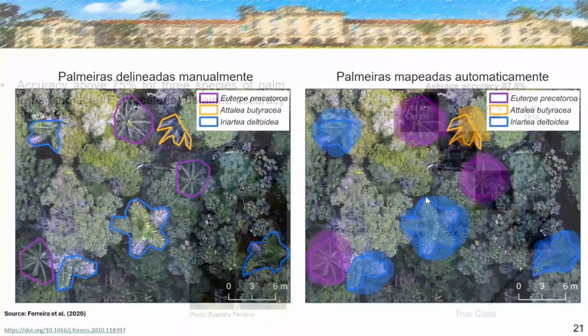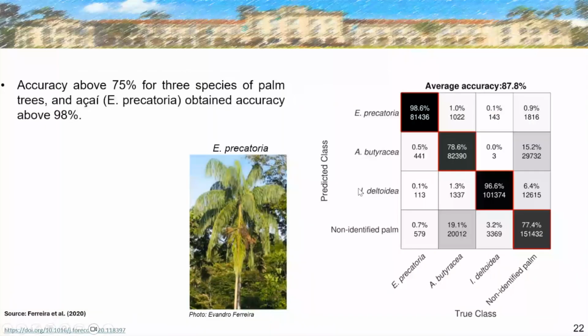The repercussion of this work was very high, because we showed that we can map this palm here. It is Euterpe precatoria, that is acai berry. I know that it's very famous in Europe and probably also in the UK. Acai berry is a very important non-timber forest product, and we show that we can map it over large areas using deep learning.